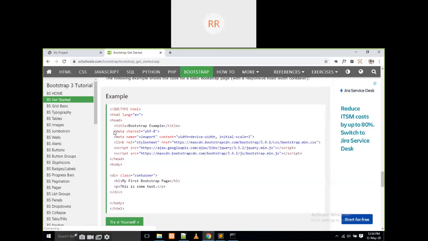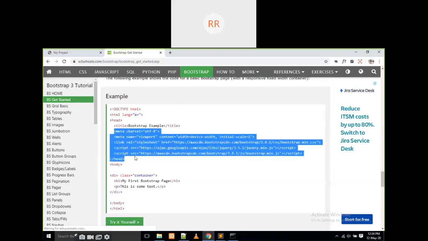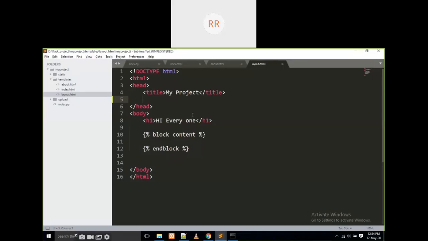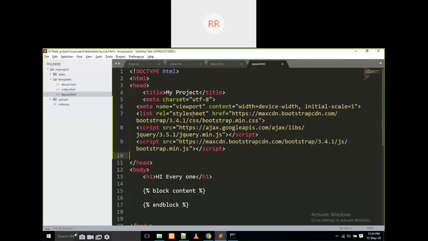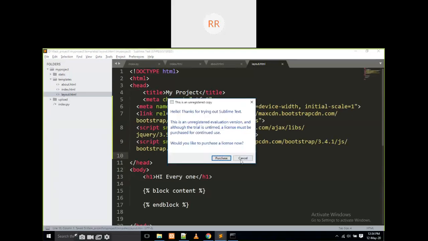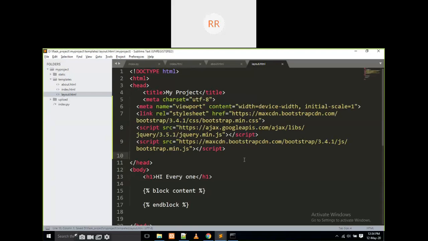Copy these links, up to this. These are some responsive things, some header files like that. We have to copy and paste them in the head, between the head open and head close, with all the common things.